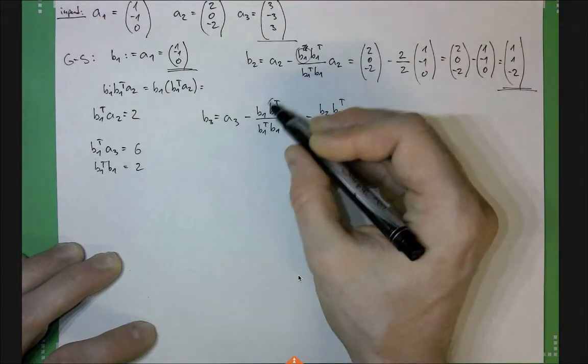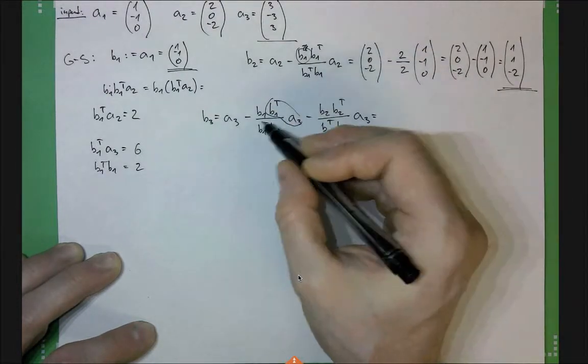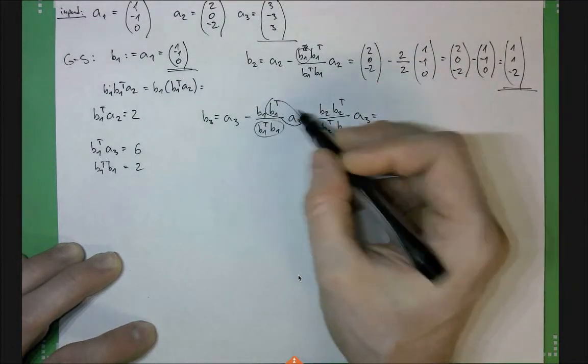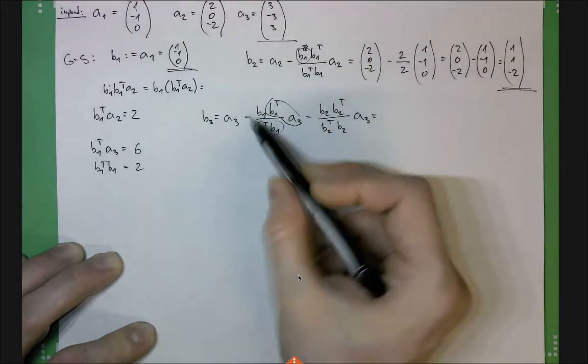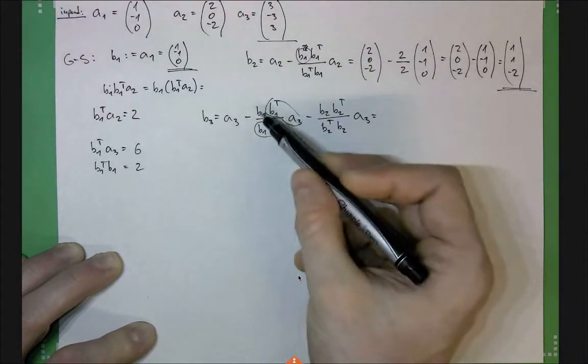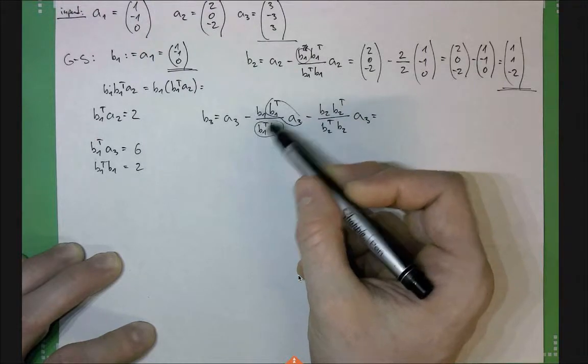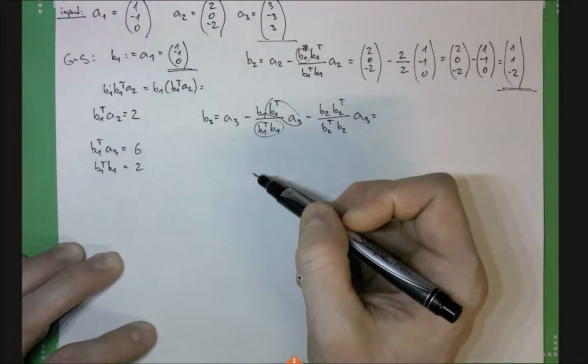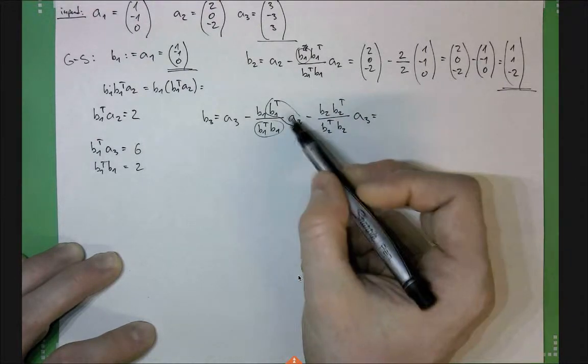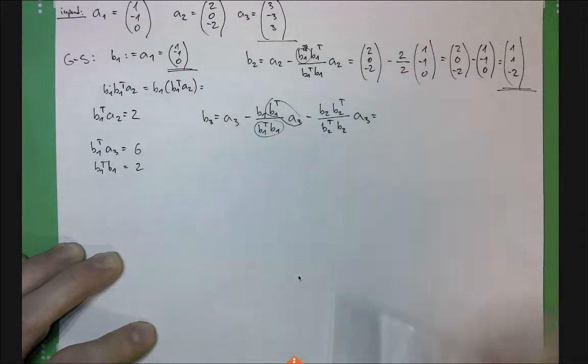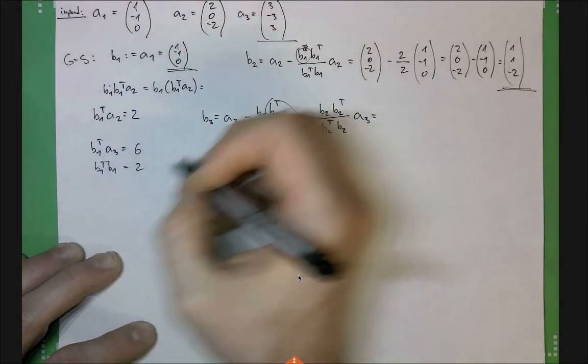So that was this part. This is the B1T A3. Because it's associative, I can do this trick, right? I could also write down this matrix, but that would take more work, because this would be a 3 by 3 matrix. So I don't want to do it. I want to do it the easier way, where I first compute the dot product and then just hit it by a vector as a scalar product. Okay, so